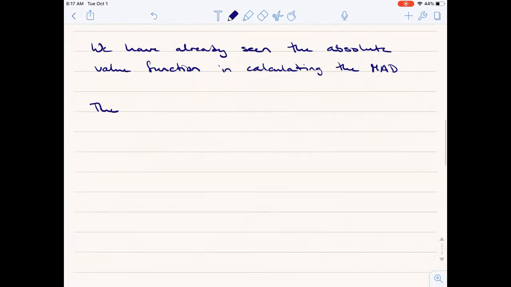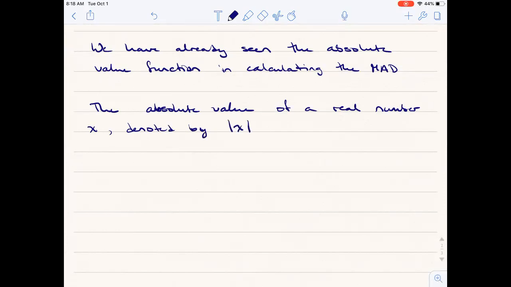The absolute value of a real number x, denoted by x wrapped in vertical straight lines, is given by